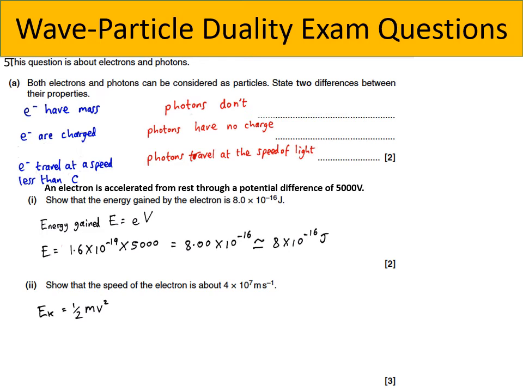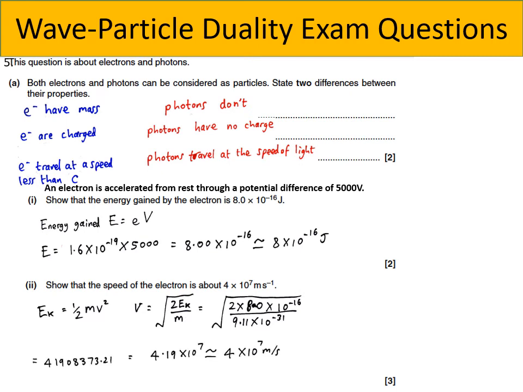Again, as I said, we've done that a few times. And so we get that v is equal to the square root of 2E_k divided by the mass of the electron. Let's plug in our numbers and we get the square root of 2 multiplied by 8.0 times 10 to the power minus 16 divided by the mass of the electron, 9.11 times 10 to the power minus 31. Okay, it gives us a value of